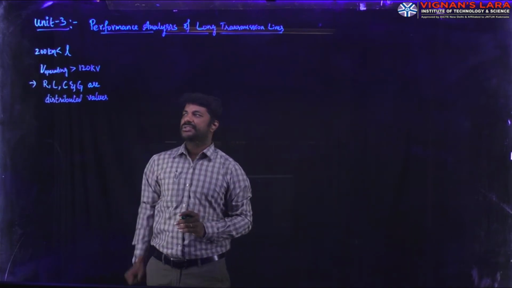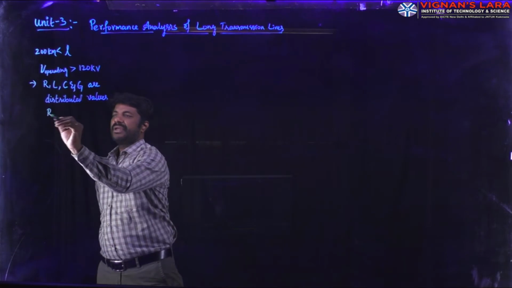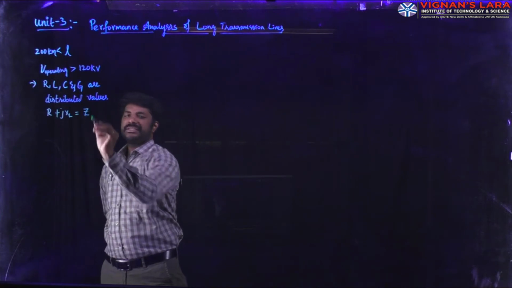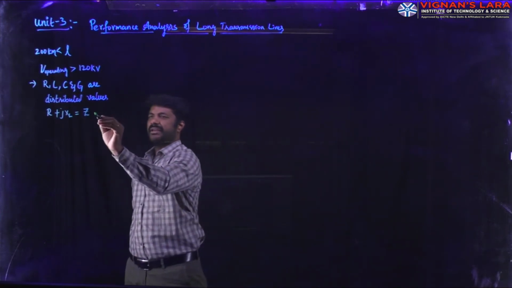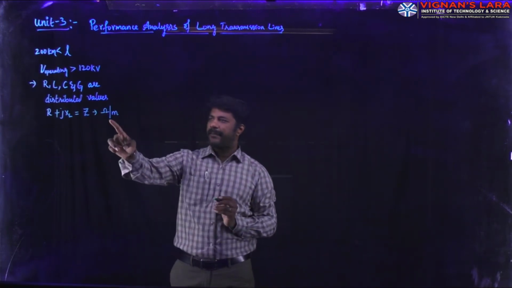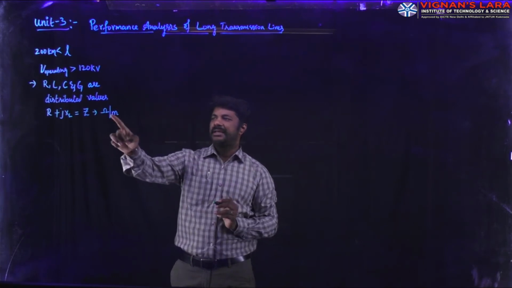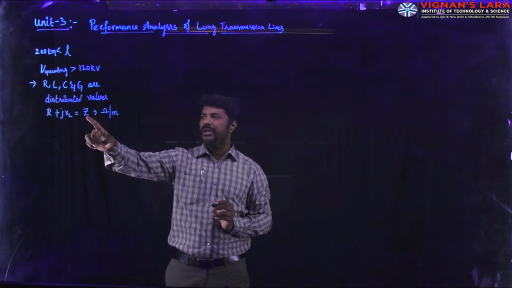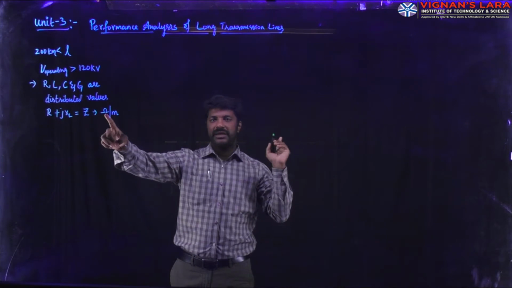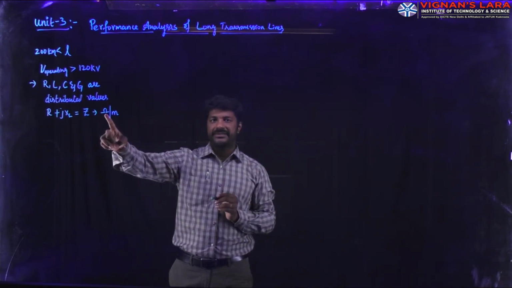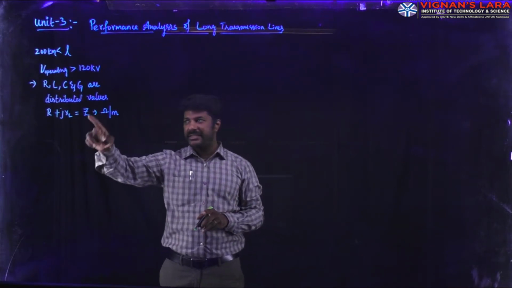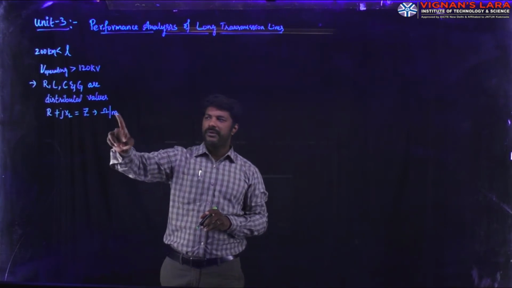But now in this case it is not like that. The resistance and inductive reactance, R plus jXL, which is equal to the series impedance Z, will be represented in ohms per meter length. You can observe that it is defined per meter length. The meaning of per meter length is that it is a distributed element. In the previous classes on short and medium transmission lines, we represented impedance in ohms only, but now here we indicate this impedance Z in ohms per meter.